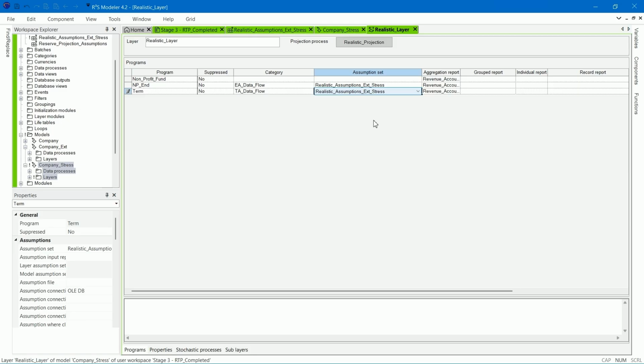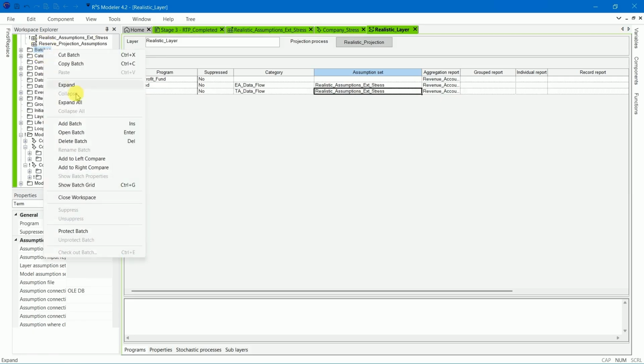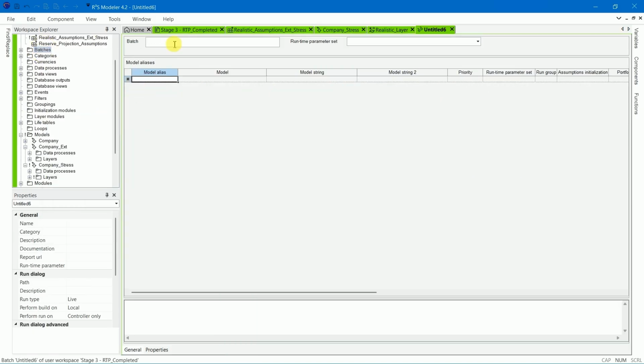Next, create a new batch. Right-click on Batches and add batch. Name as batch_stresses. The first model alias is company base.